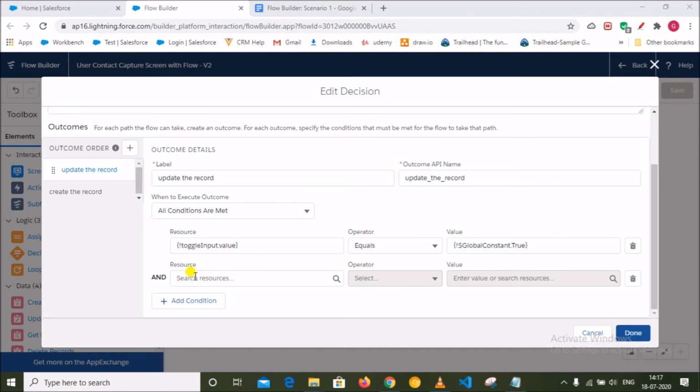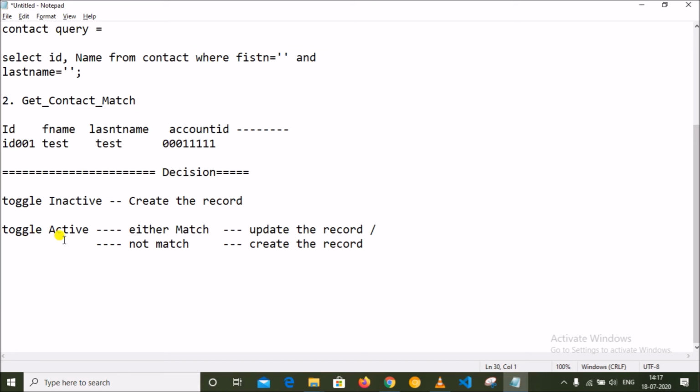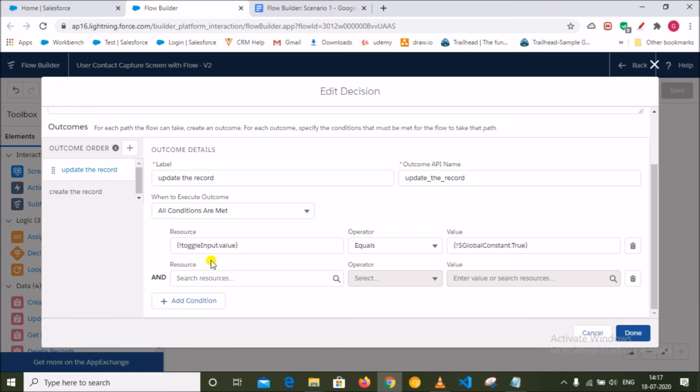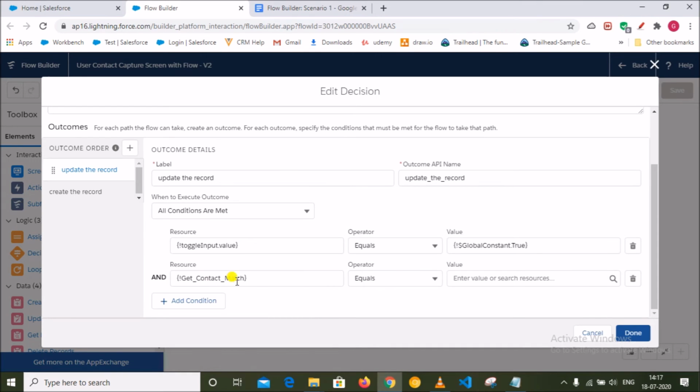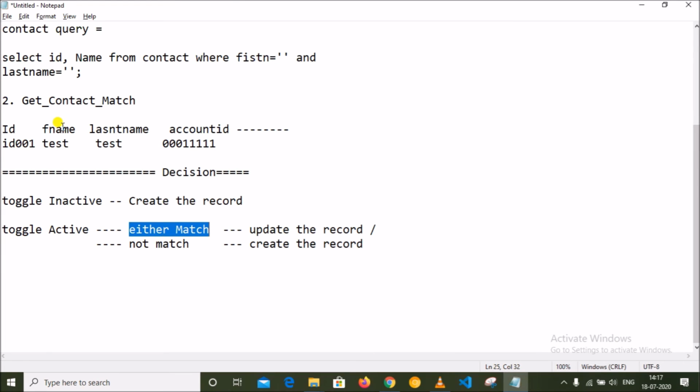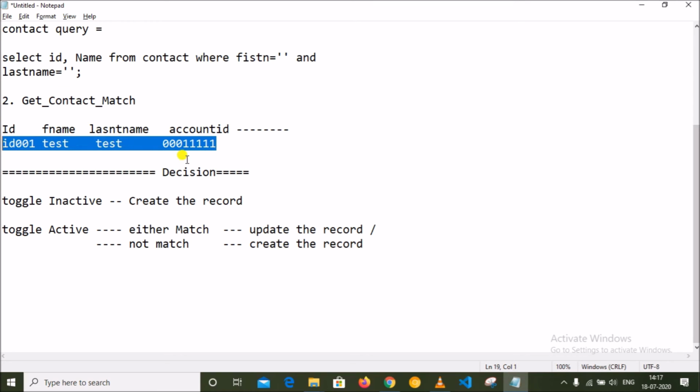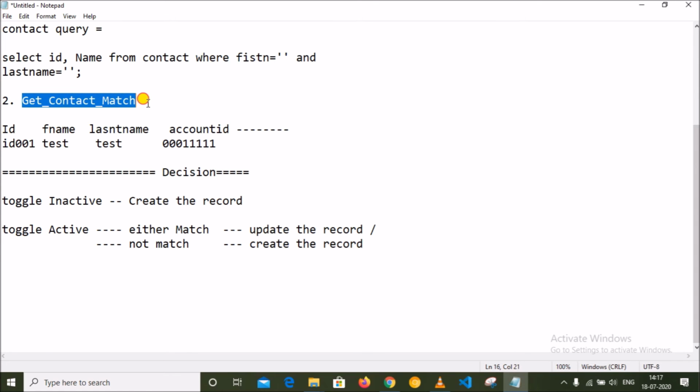Now the second condition I am adding here. The second condition will be whether the record is matching or not. For that, we will check the contact from Get Contact Match. If the record is matching, the data will be available here. So I will check whether this is null or not null.